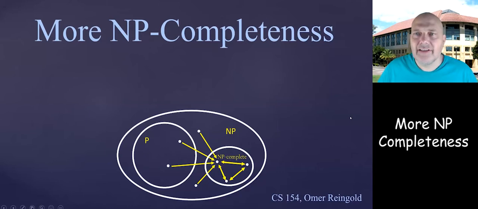Hello, everybody. So last time, in the last video, we saw that we do have a problem, 3SAT, and also SAT and circuit SAT if you want. All of those come from logic that is in NP and is NP-hard, meaning that every other problem reduces to it in polynomial time. This in particular says that answering the question of P versus NP is the same as answering the question of whether 3SAT has a polynomial time algorithm. And that's true for any NP-complete problem.